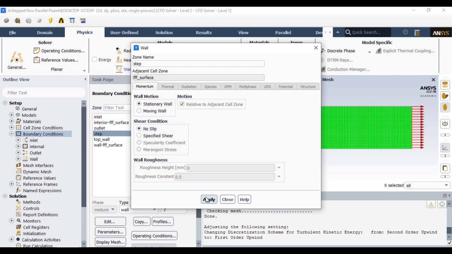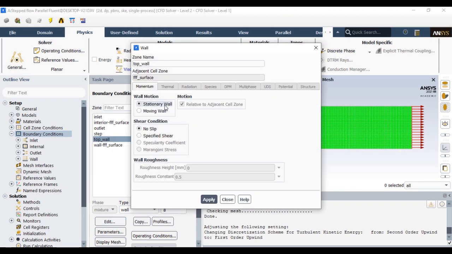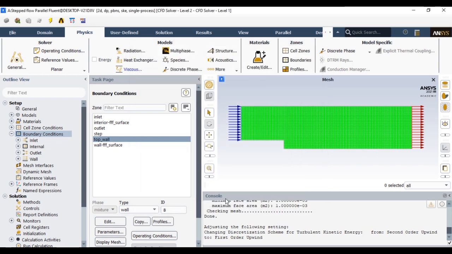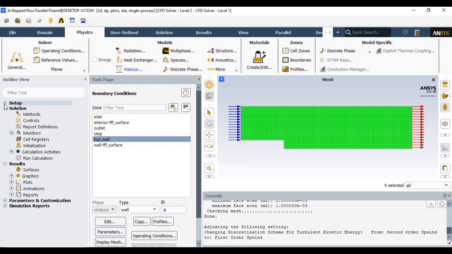The same boundary condition applies for the top wall as well as other walls. If you are not specifying the boundary, the software will treat it as a wall boundary condition. After defining the boundary conditions, you should close the setup, and now let's go to the solution methods.